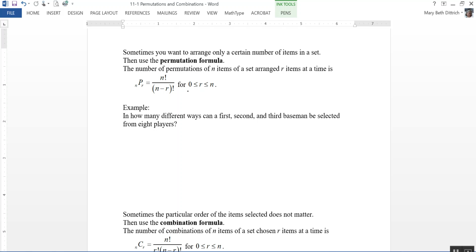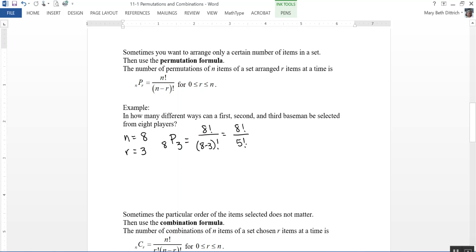Obviously, because you can't choose more items than you have in the total set. So let's take a look at an example here. In how many different ways can a first, second, and third baseman be selected from 8 players? So we have a total of 8 players. So my n is going to be 8, and I'm choosing a first, second, and third baseman, so my r is 3. So that's going to be 8P3. And using the formula, I'm going to plug in 8 factorial over 8 minus 3 factorial, which gives me 8 factorial